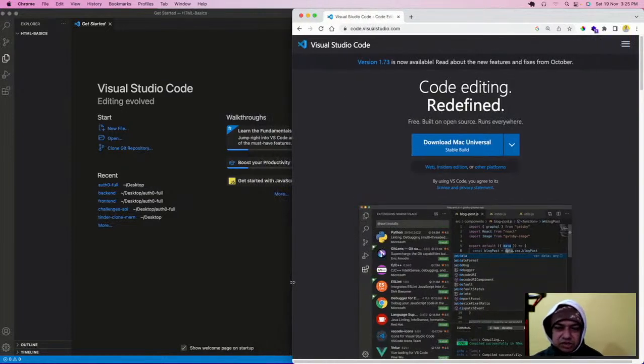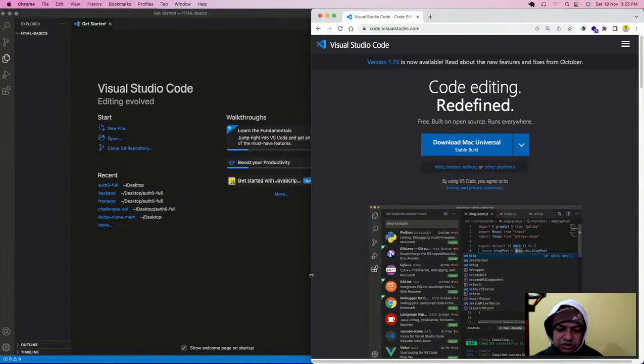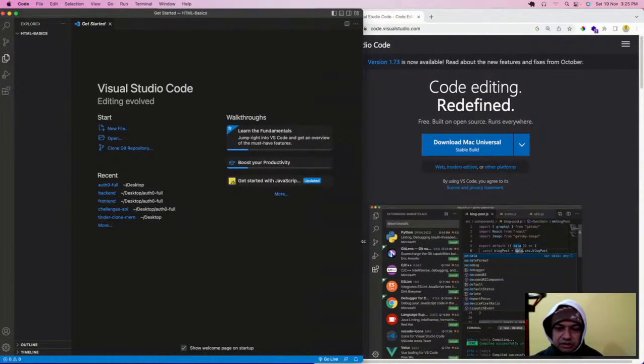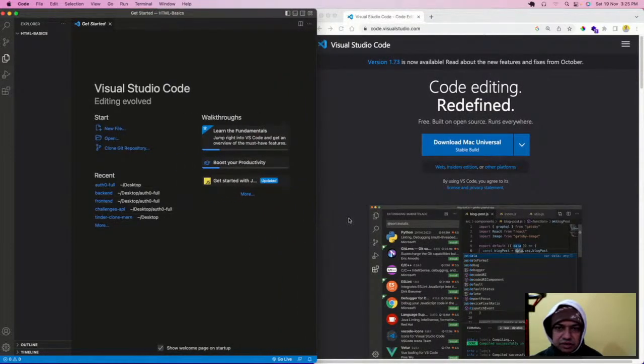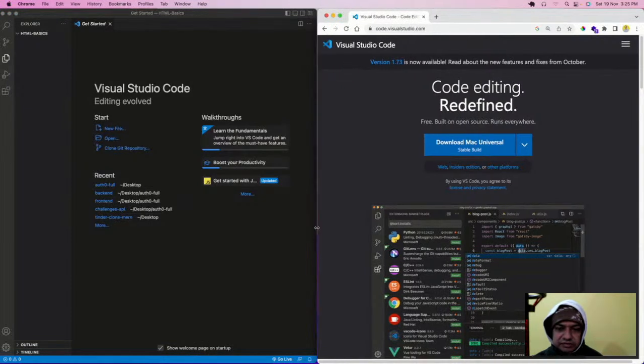And React just requires a bit of terminal knowledge, not that much. Terminal means the command line. Okay, so that is there. Now I'll make them side by side, and now I will create a file known as